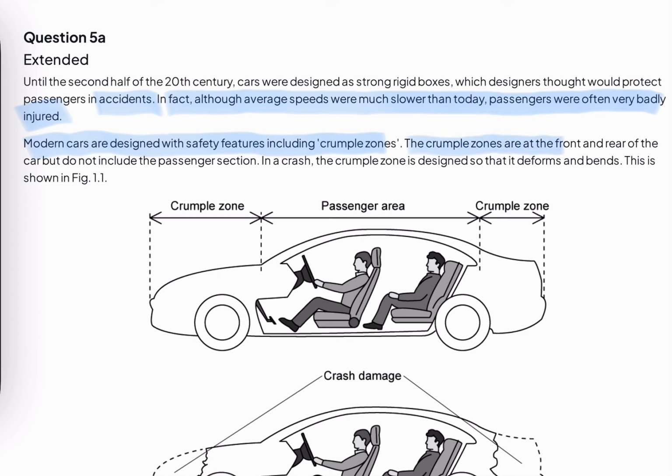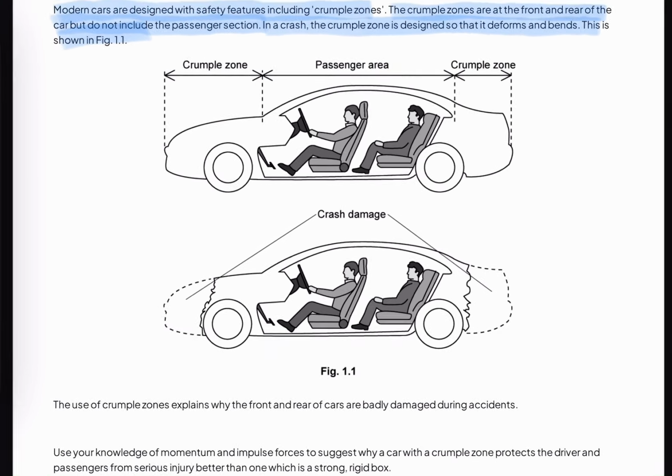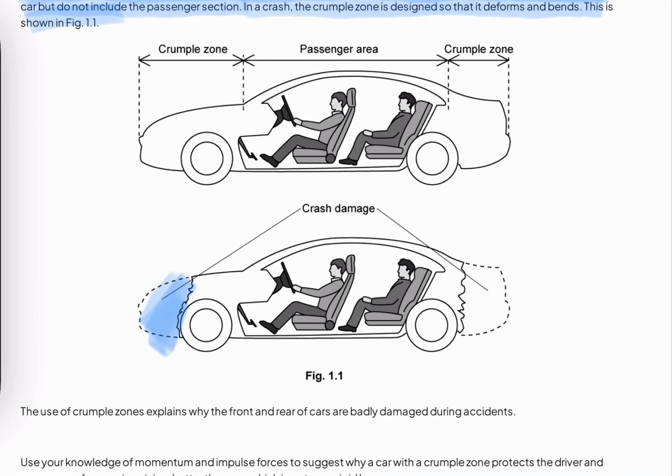The crumple zones are at the front and the rear of the car but do not include the passenger section. In a crash, the crumple zone is designed so that it deforms and bends. This is shown in figure 1.1. So this front region is a crumple zone. So what we have to do, we have to find